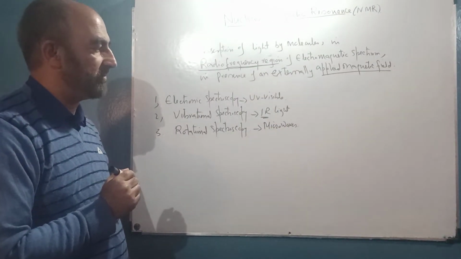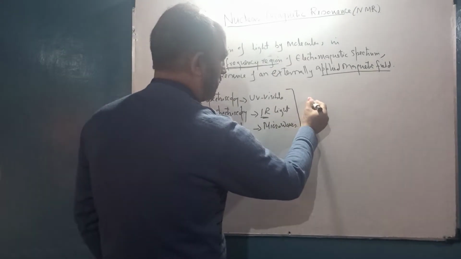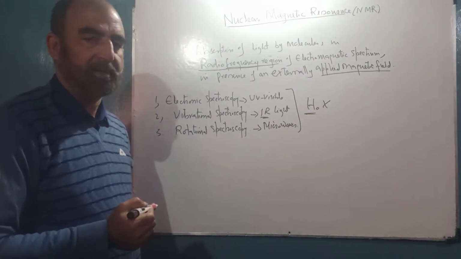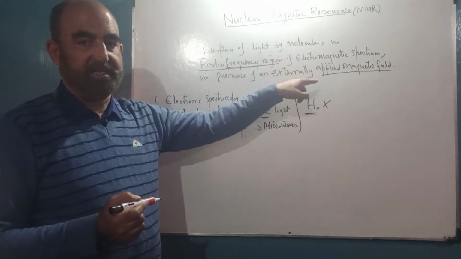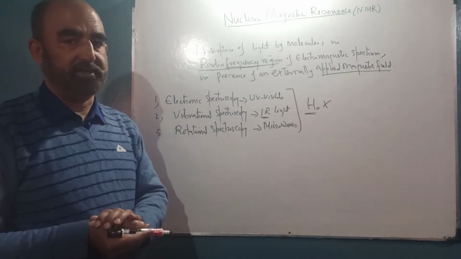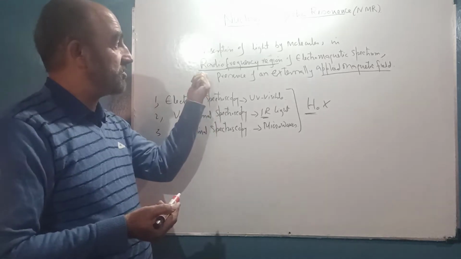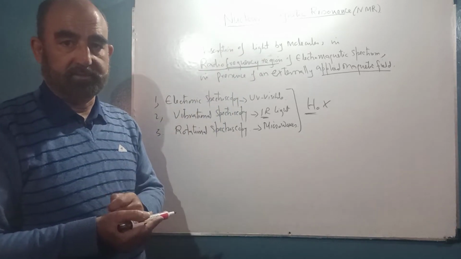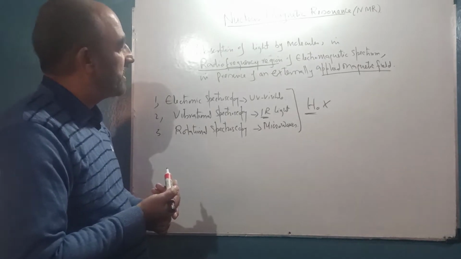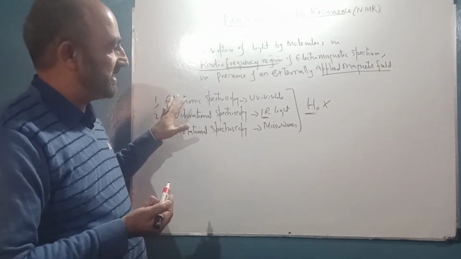And the second important difference is that in these spectroscopic techniques, we usually do not use any applied field. And in NMR spectroscopy, what are we using? We are using an external applied magnetic field. That is the same with some other techniques. For example, we have electron spin resonance technique, EPR we call it, electron paramagnetic resonance spectroscopy. So this class of spectroscopies is different from these spectroscopies in two respects.